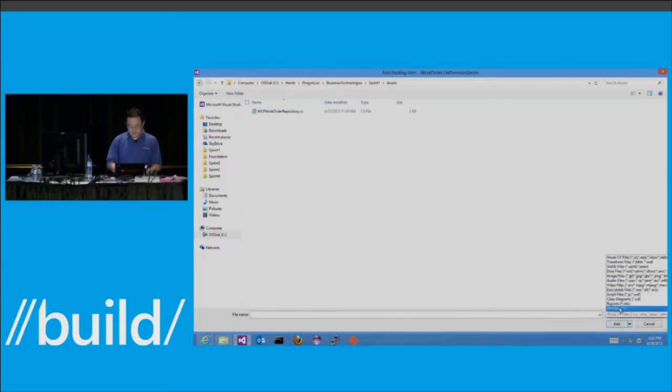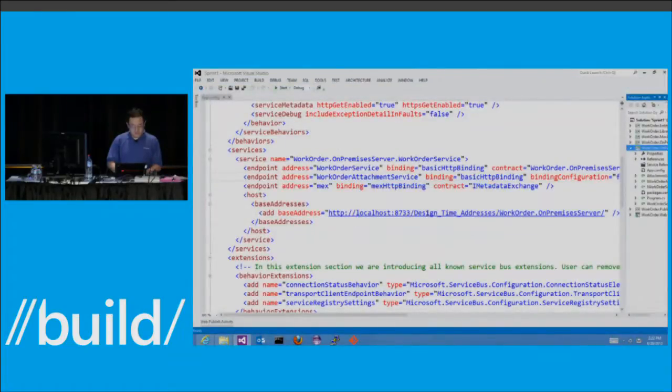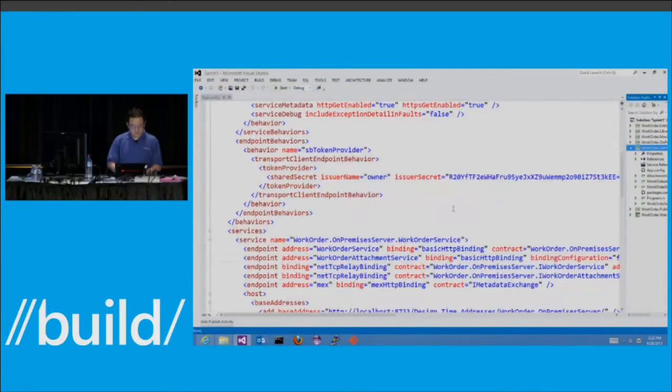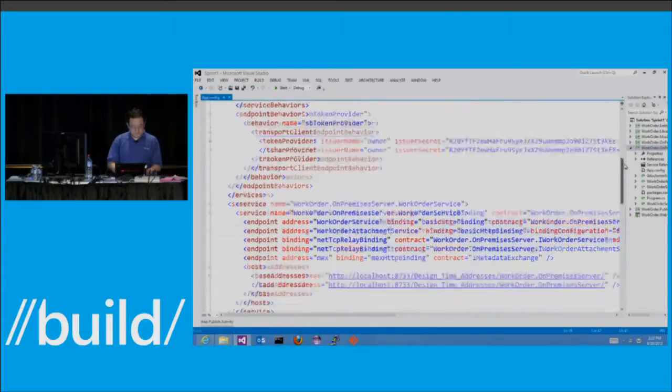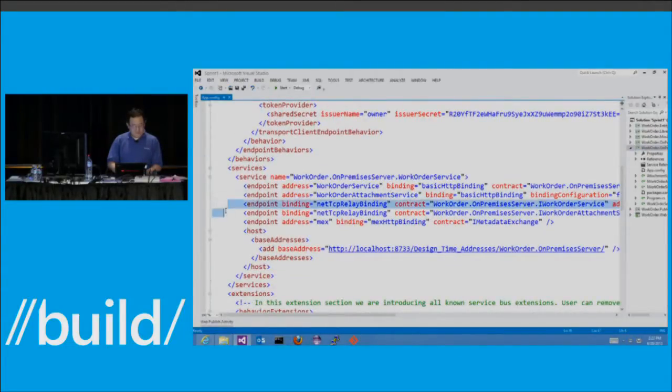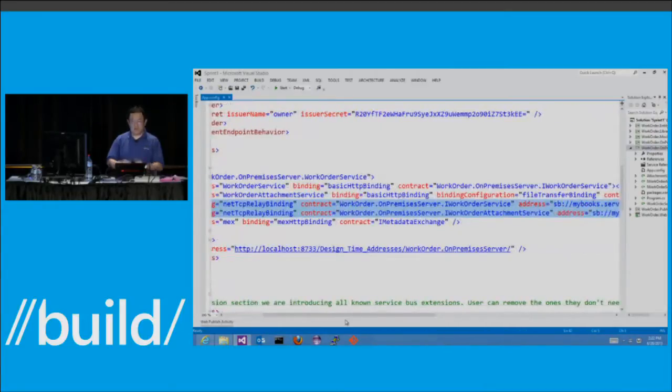I have to change the file. Okay. Yes. You can see here I've created two endpoints for relay connection. And if you remember the ABCs of WCF service, first, you need to check the address.